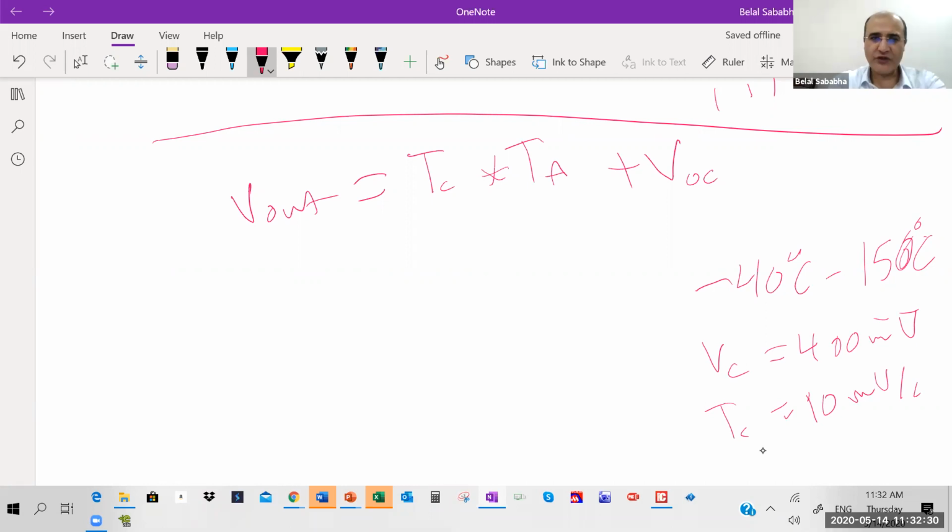So usually this is something you know. You read it in your microcontroller, right? This is so you compute the temperature. This is the usual case. Okay, can we guess what voltage range we get? I mean, if the temperature outside was minus 40, what would be the voltage? If the temperature outside was 150, what would be the voltage? Just apply it, right? So 10 millivolts times minus 40 Celsius,